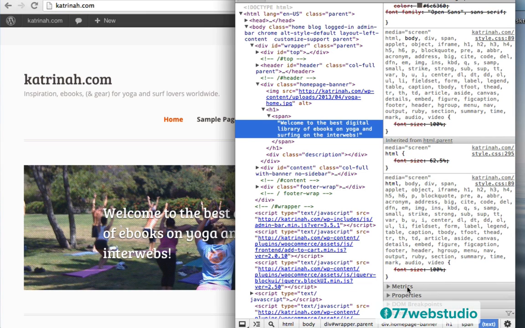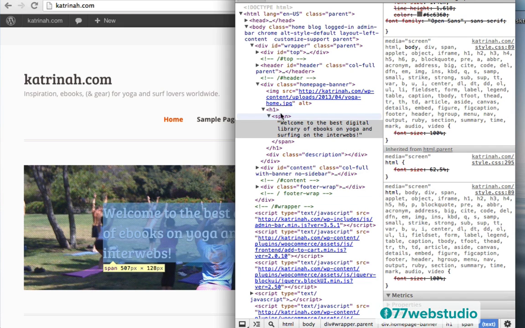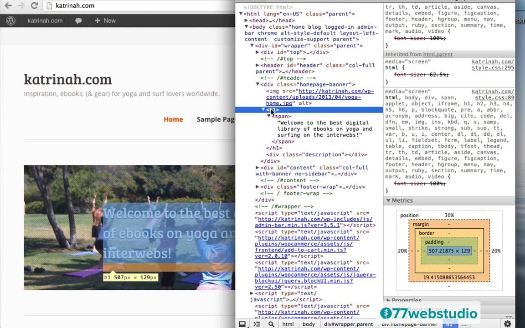When I scroll down here at the bottom, there's going to be a metrics. Right here it says metrics. So I'm going to open that, click on that here, and nothing displays. So what we need to do is click on this H1, and there we go. When I click on the actual H1 right here, you can see we're still highlighting the title. And now here are the metrics right here.